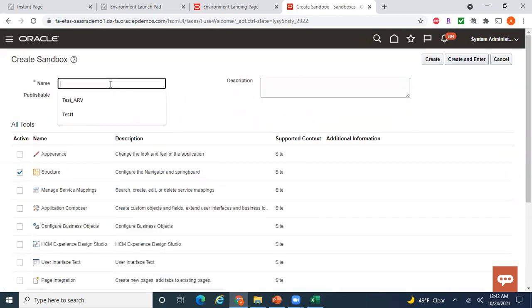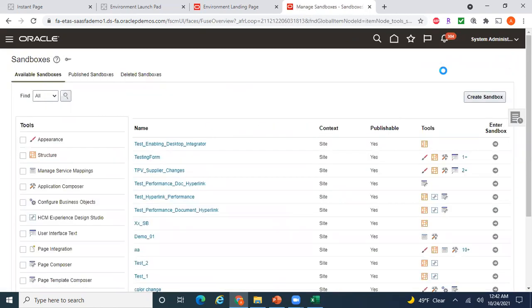Maybe I'll say test enabling of desktop integrator. Whether it's publishable, yes. I'll just say create. This is my sandbox. Let me enter into the sandbox.